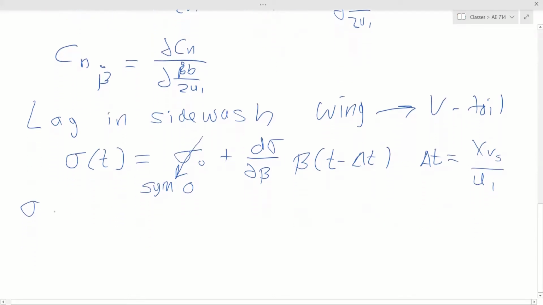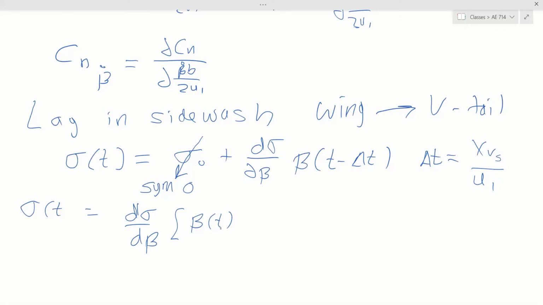So our sigma model, no, not the way we're doing it. So this is